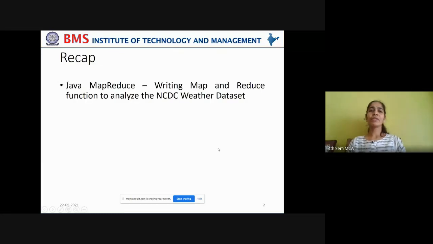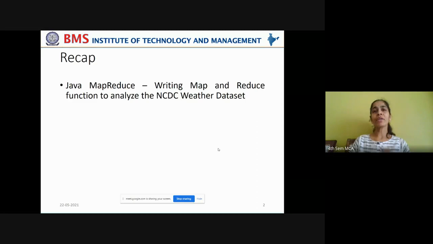In the last class, we have seen how to write programs for Java mapper and reducer. In order to perform the map task, how to override a function map that is already defined in the mapper superclass, and how to override a function reduce that is already defined in the reducer class. Anyway, we'll go through the code once again today and now see how to pack those two classes, mapper class and reducer class, together into a job, convert it into a Java archive file and put it onto the cluster for performing the task simultaneously.